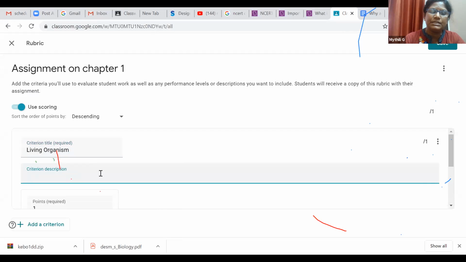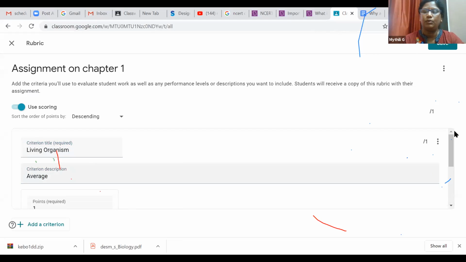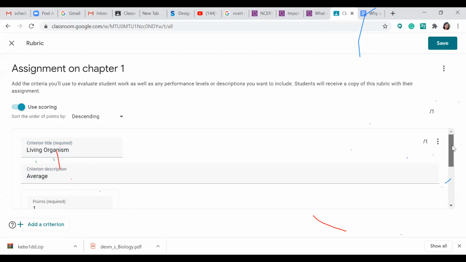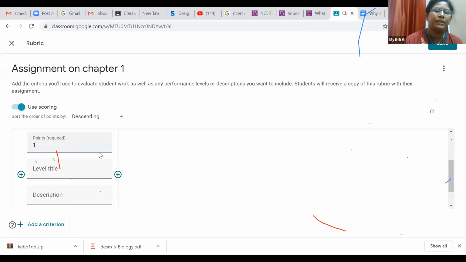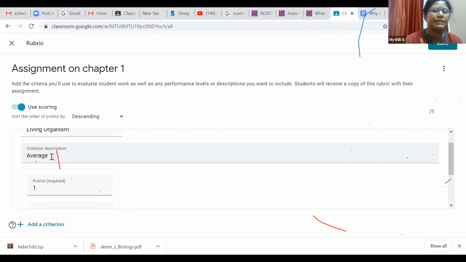The criteria description you can give. For example, I can say average. Okay, if it is the average, I will give the description. This is the criteria description.